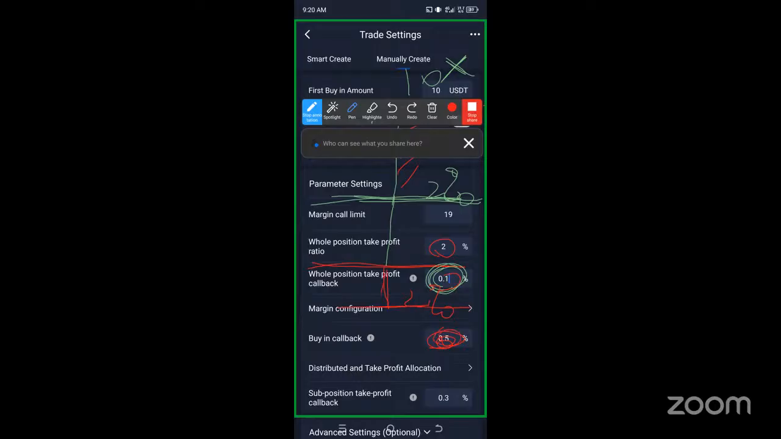You get the point? But when you put 0.1 here, it is the opposite. The robot will not buy. It will wait, and it comes back. When it goes up a little bit, 0.1, the robot will go and pick another margin call. So when it picks another margin call, and the market keeps going, when it reaches 2%,